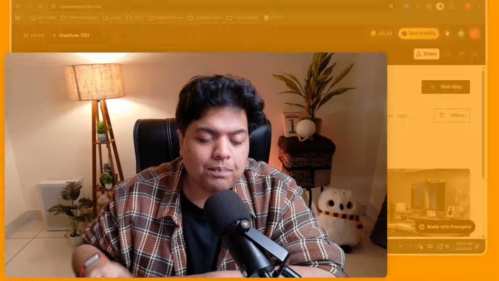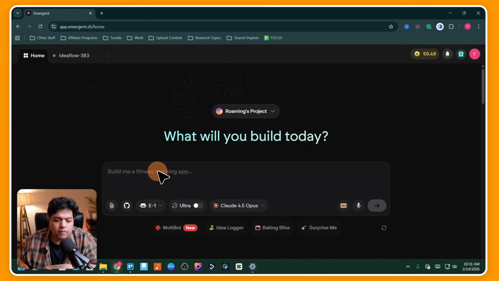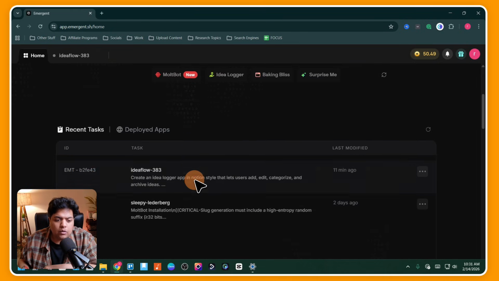Here's how to deploy your web app on Emergent AI. Let's get to it. So once you have made an app from here on home, you can go down in